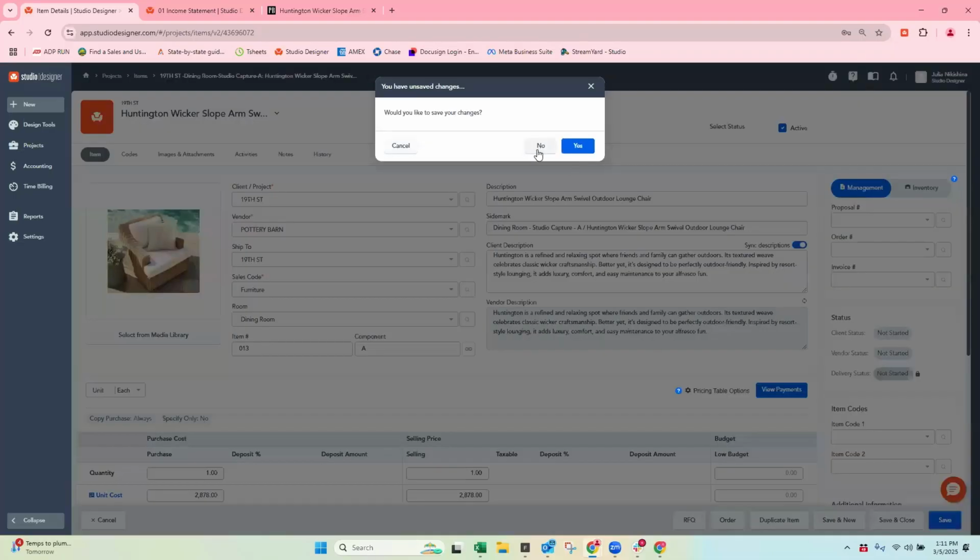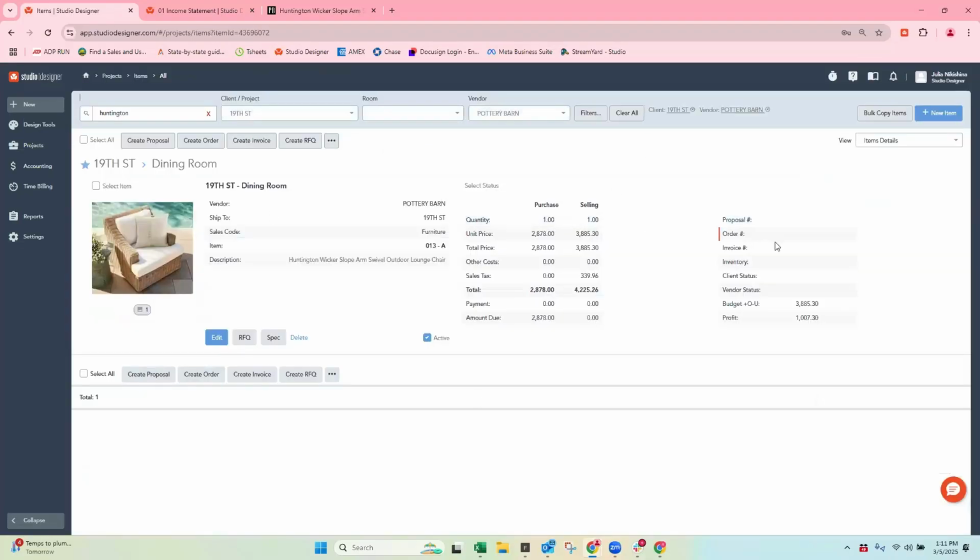So this item in here, would you like to save changes? No, it doesn't have any accounting ledgers. It doesn't do anything. You can have as many items in here as you'd like. They will populate on a project worksheet report, but in terms of actual accounting entries, they don't do anything. So it'll live in here until you start your item flow or your item workflow.